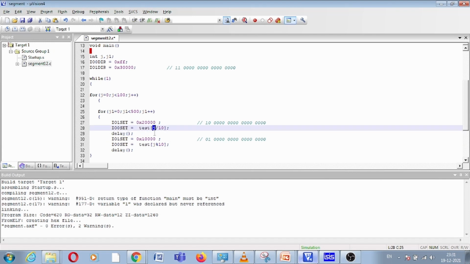Now let me explain this divide by modulo logic. So initially j will be 0, so 0 divided by 10, it will be 0 point something, right? Whatever. Then 1 divided by 10, 0 point something, 2 divided by 10, 0 point something. So up to 10 it will pass only 0, right? And at the same time you can see j modulo 10. So 0 modulo 10 is 0, 1 modulo 10 is 1, 2 modulo 10 is 2, 3 modulo 10 is 3. So this will remain 0, but this will increase, okay, one by one.